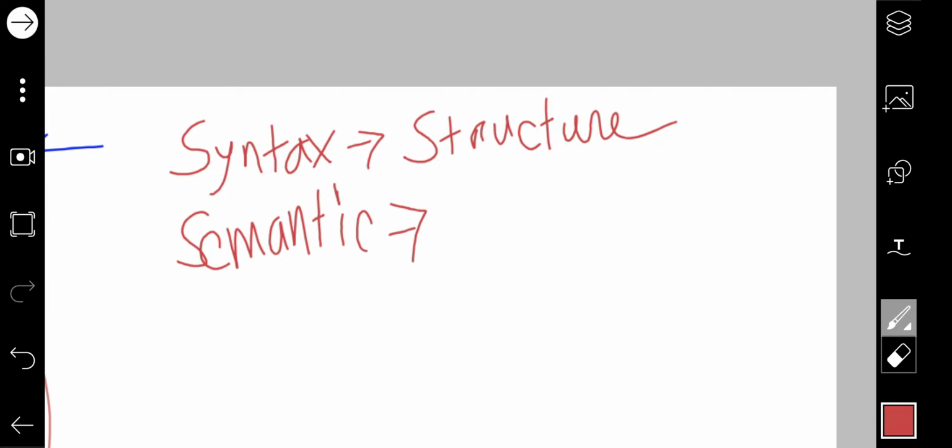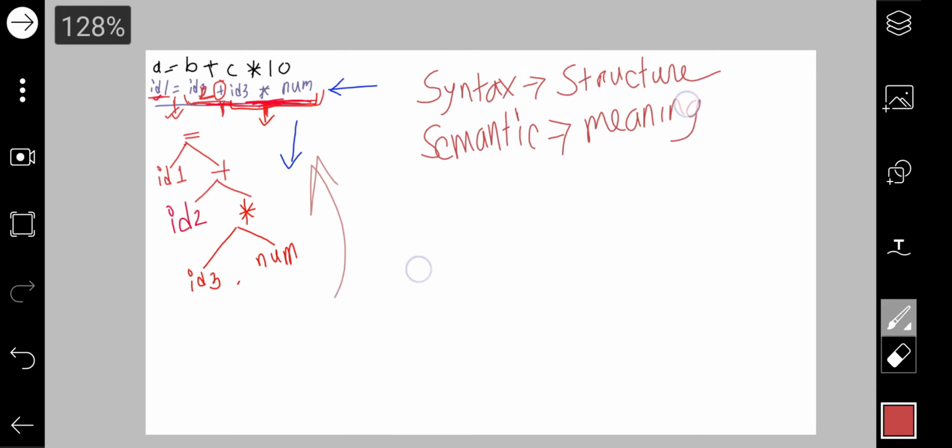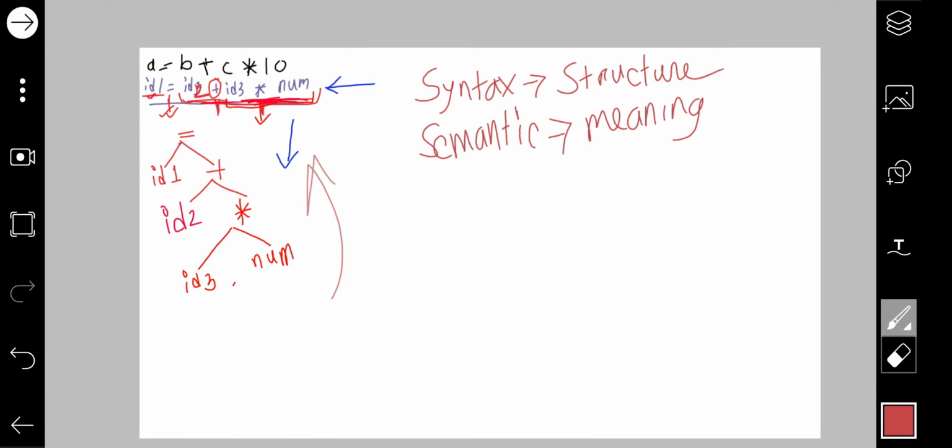Okay, so when we make the tree, after making the tree it will first check if the tree is correct in terms of the meaning. Okay, if the meanings are all right. Now see, here we had a number 10. Now logically think, the number was actually mentioned as a number, simply a number. Now the number 10 here is actually an integer.